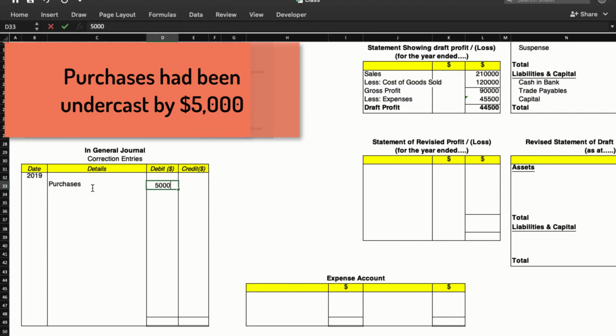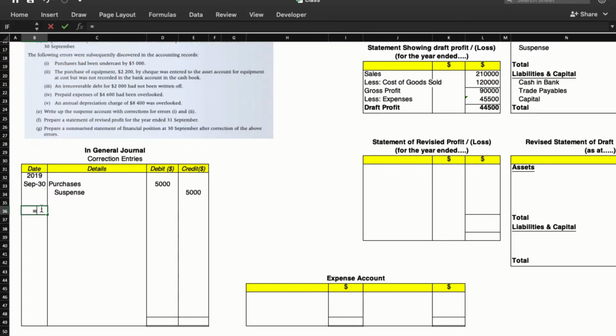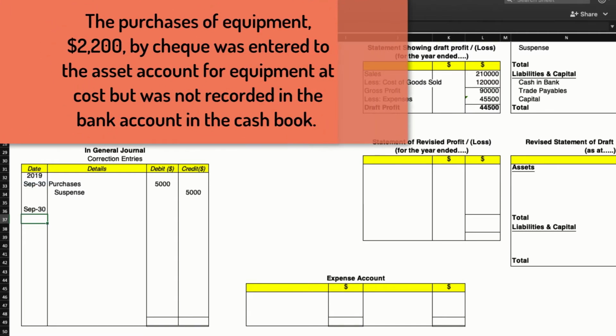Purchases account debit by $5,000, and to complete the entry we will take suspense account $5,000, and the date is September 30. On this date we found all these errors. So this is the correction entry for the first error. Now the second error, on the same date, the purchase of equipment